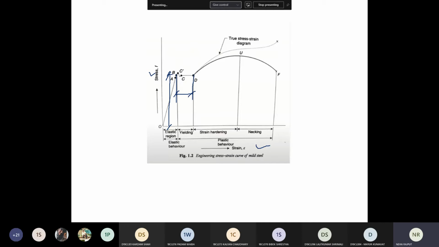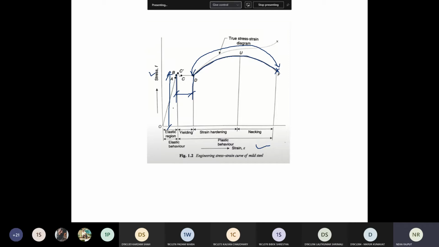And after yielding, if you apply more load it will again give deformation, and at one point it will fail. So from this region to this region is the permanent deformation in your steel section, right?